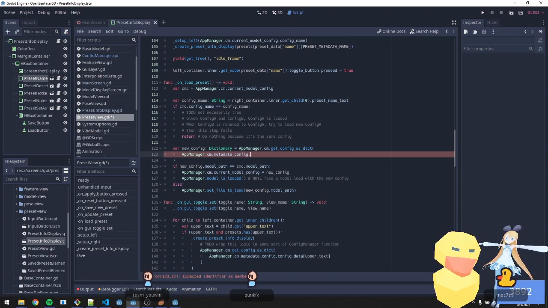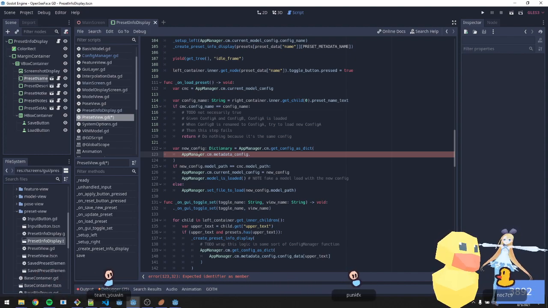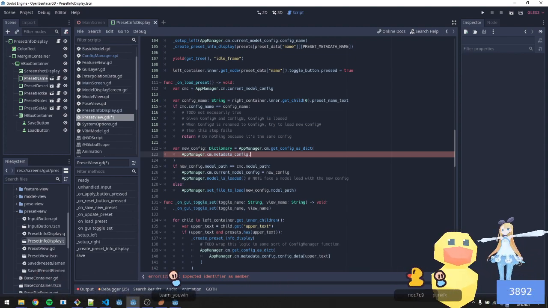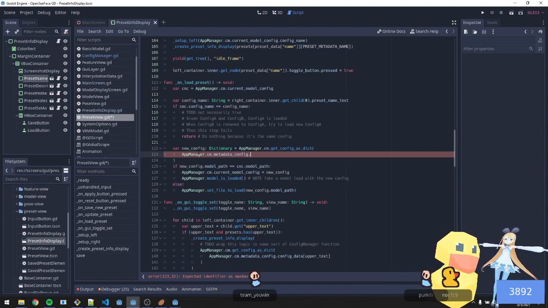I guess it's not really a setter. It's more of just a property field. It's more of a property field. So